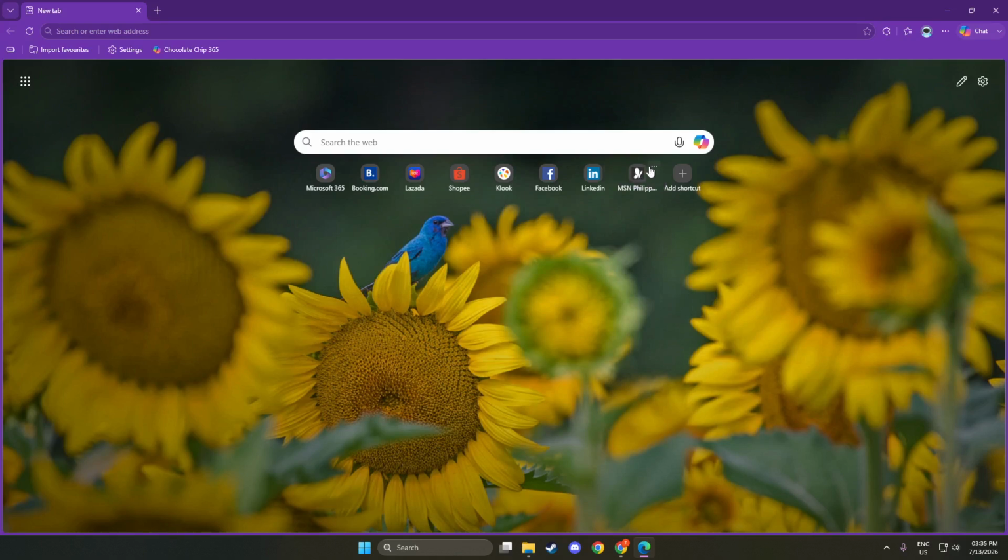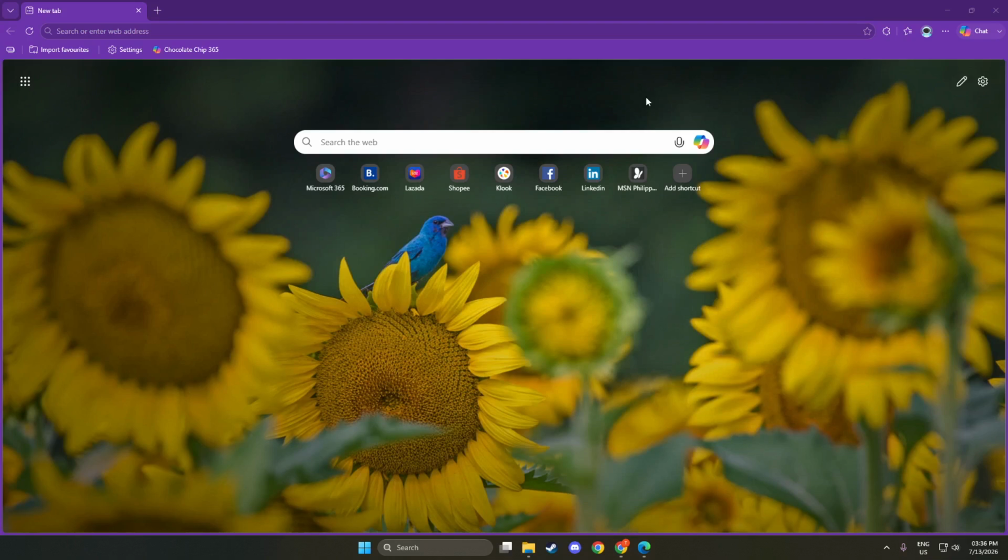Quick Links are displayed on the new tab page and usually consist of icons or thumbnails representing your favorite websites. Take a moment to look through the available shortcuts. Identifying the right one is key, as this ensures you only remove what you no longer need. This little step saves you a lot of time later by preventing accidental deletions.